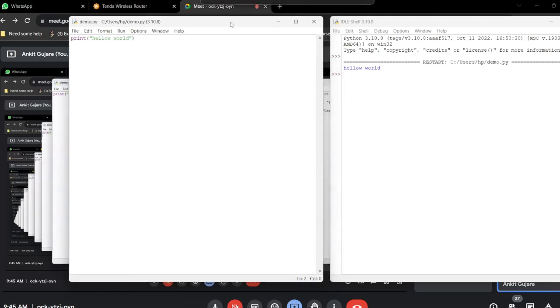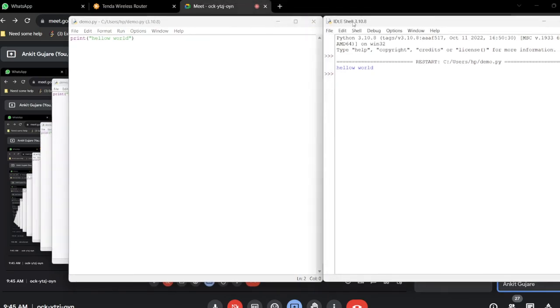Same here. Python says I will not follow any rule. You can have any kind of approach to write the code in Python. It's not mandatory that you have to go like this. ऐसा नहीं है. ऐसा बिल्कुल मैंडेटरी नहीं है कि आपको ये स्ट्रक्चर फॉलो करना है तभी आप कोड लिख सकते